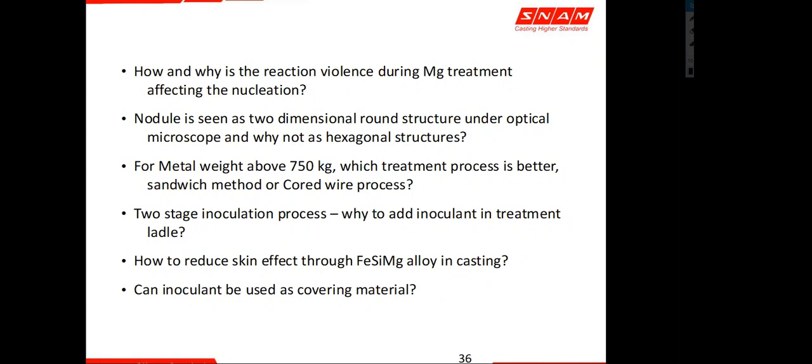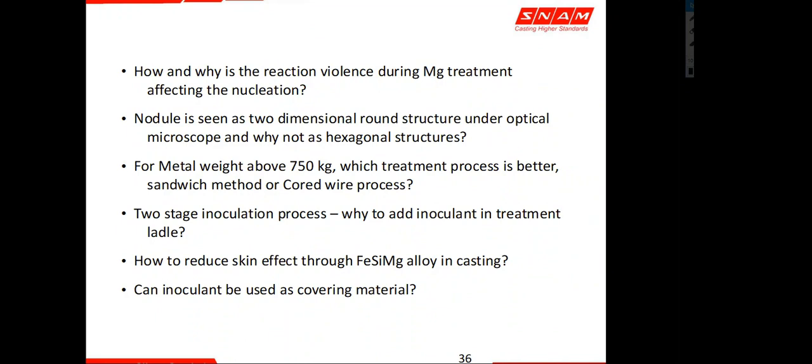You have to move your ladle there, do a treatment, and then take it off, and then take it to your pouring ladle. So your entire process flow is designed based on this cold wire, but it is not present in sandwich. And again, the cost of maintenance of a sandwich treatment method and a cold wire process is different. So it is up to the foundry to select either of these methods, but the same material, the same nodulizer, is put into use in both of these methods. So it doesn't matter whether it is the cold wire process or this. And there are cold wire processes with pure magnesium also.